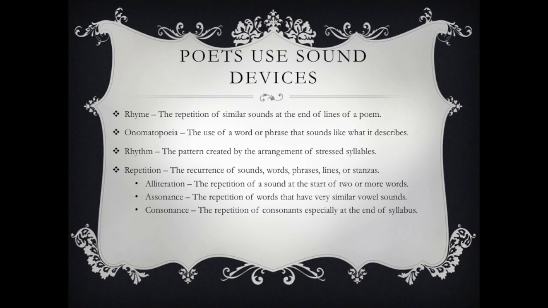Most of the time when teachers or tests ask you about a poem, they're asking you to analyze the poem or to evaluate the poem. And what that means is they want you to look at the tools that the author uses. What are the devices that the author uses in the poems, and then how do those impact the strength of the poem or the quality of the poem? So the first step that we need to take is making sure we understand what some of those devices are.